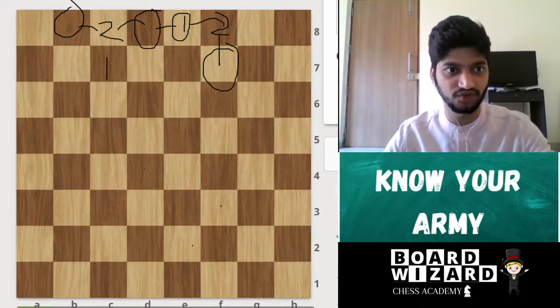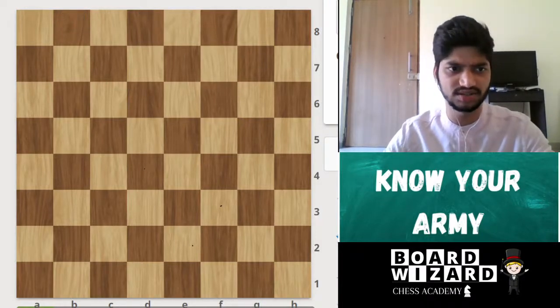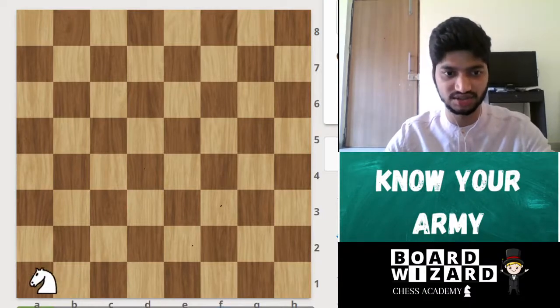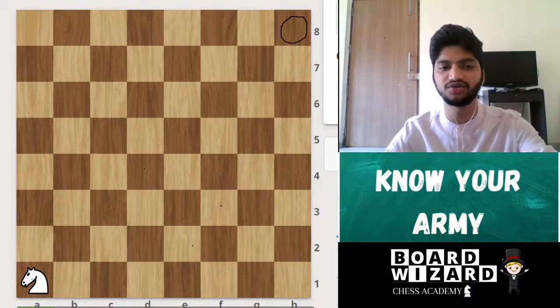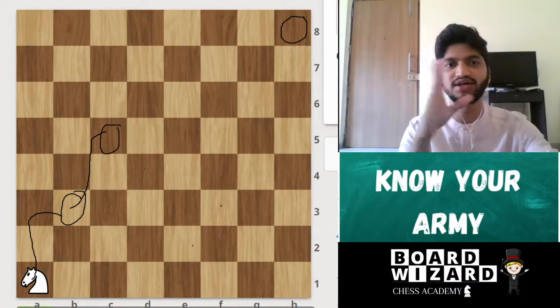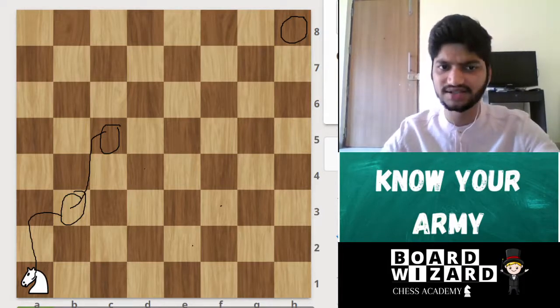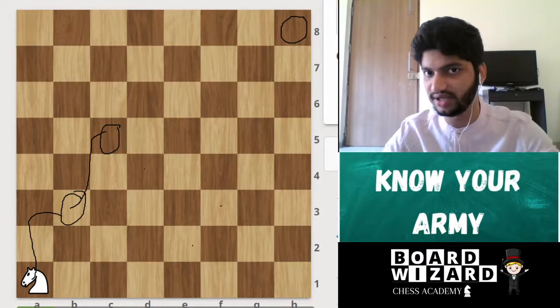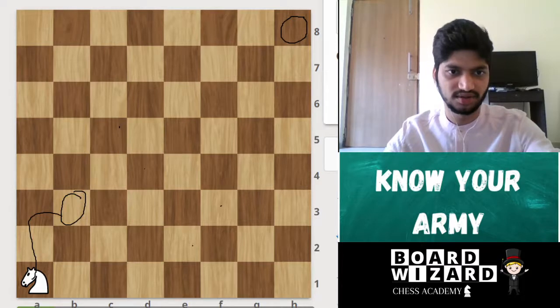Okay, so for practice, if you are confused about the knight's movements, I want you to do this task. Keep your knight on a1 and take him to the h8 square. Okay, try to do it. For example, he first moves to b3, then maybe to c5 and so on. Your task is to take the knight to the h8 square. Yeah. You can practice this on lichess.org. I will give you the link in the description. Just go there and practice. Okay.